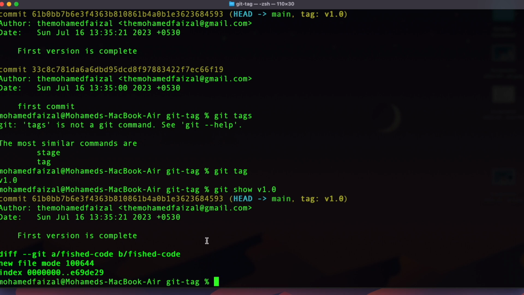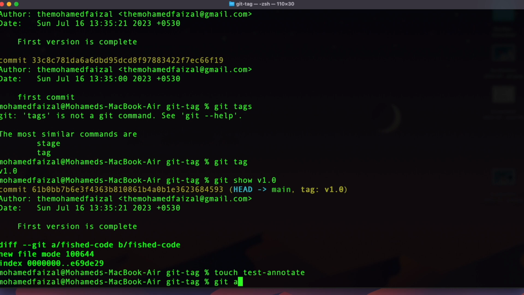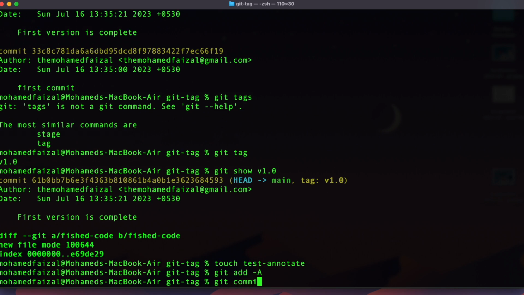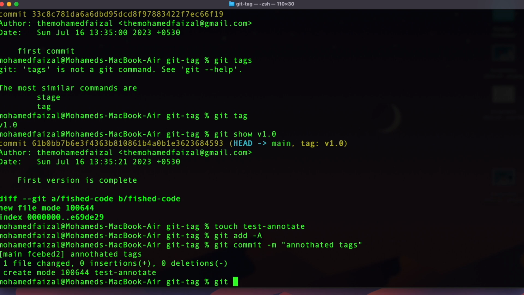Now let's see the second option, which is annotated tags. For that, we'll make another commit. So I'll add and then git commit -m annotated tags. Now I'm going to tag this one with annotation. The command for that is git tag, and then you have to use -a for annotated tags, and this one I'm going to give version 2.0, and then I'm going to give a message as well: